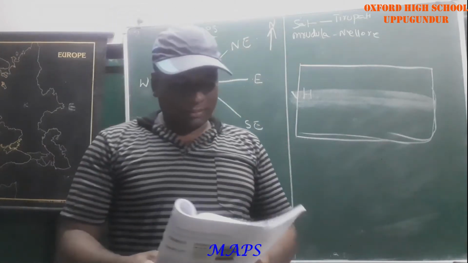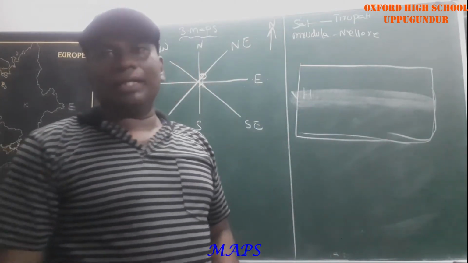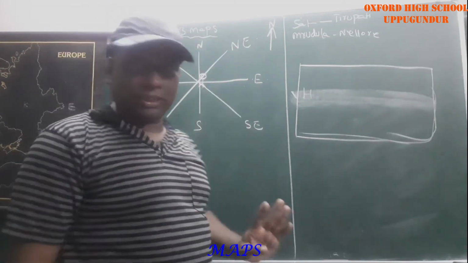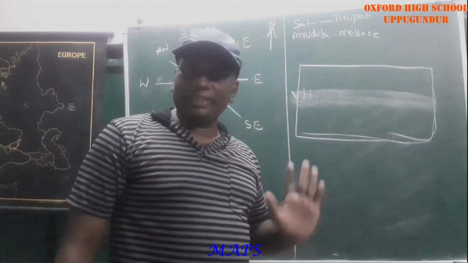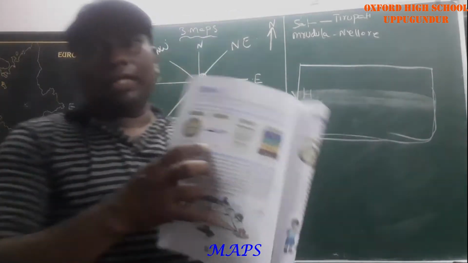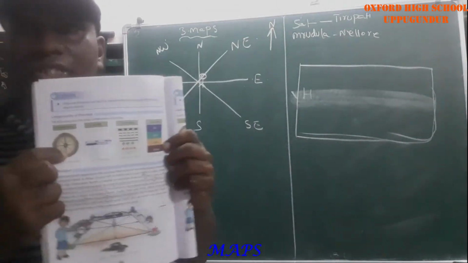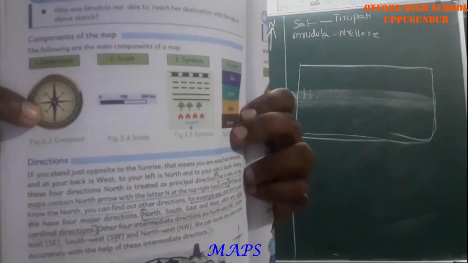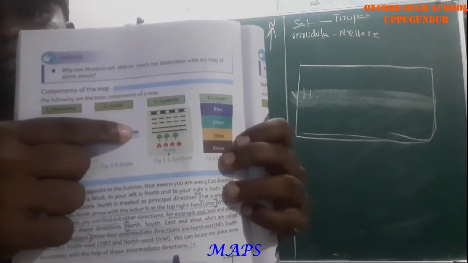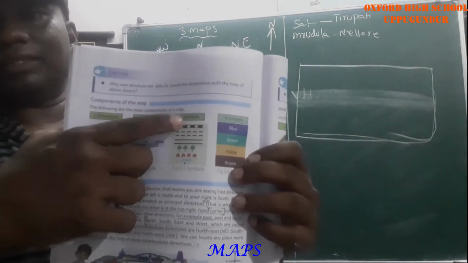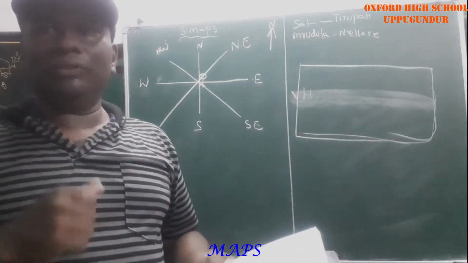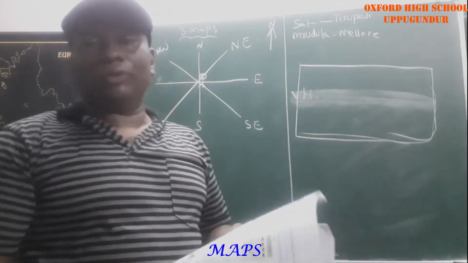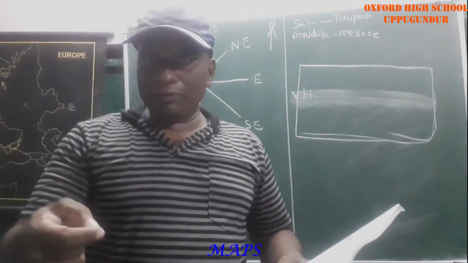These 4 components. First of all, I will explain regarding the directions. Okay na? By using the compass, we are able to find out the directions very easily, very clearly. So this is the compass image. In your textbook, the compass image is given, the scale also, the colors also, images also. If you have the textbook, then see it. These are the 4 components, very important and useful to find out any kind of location.